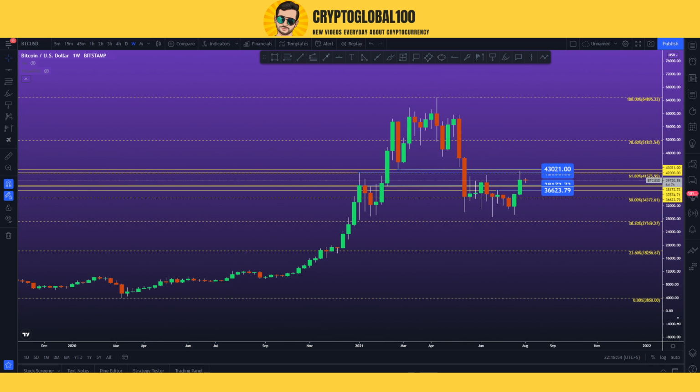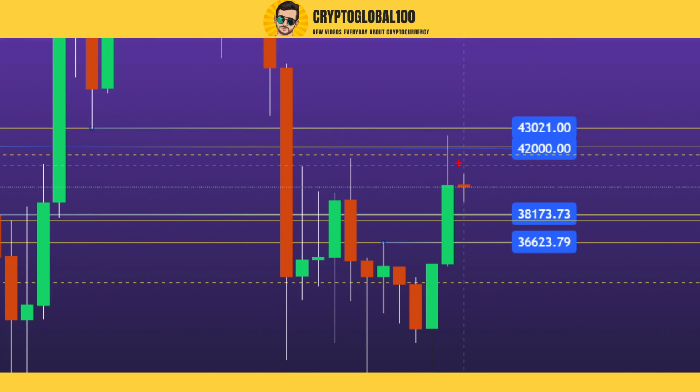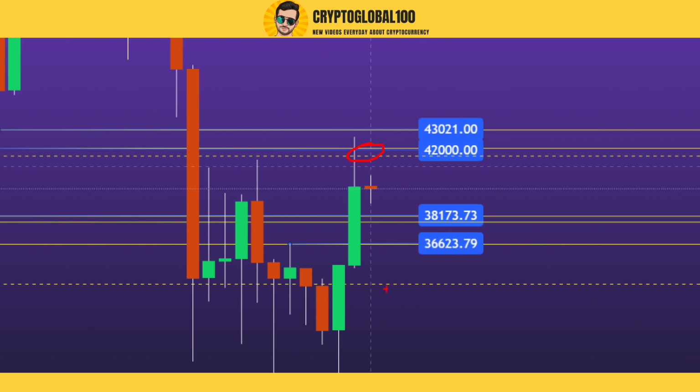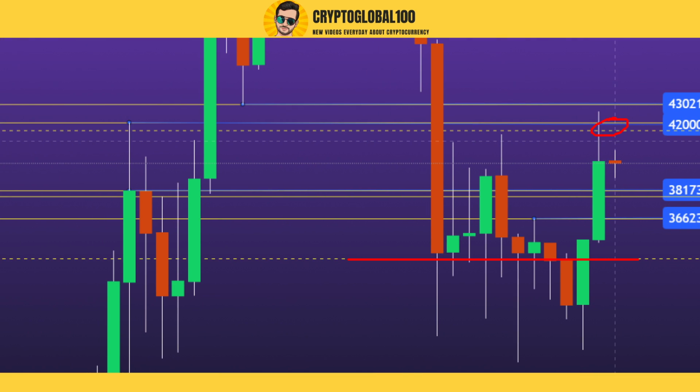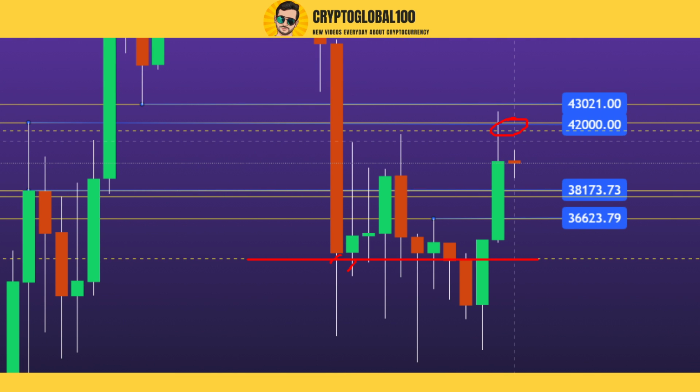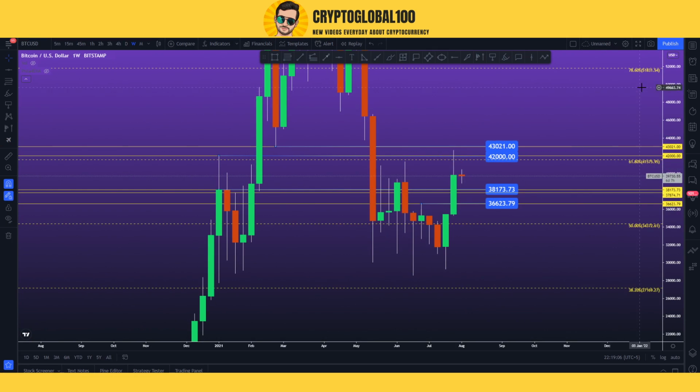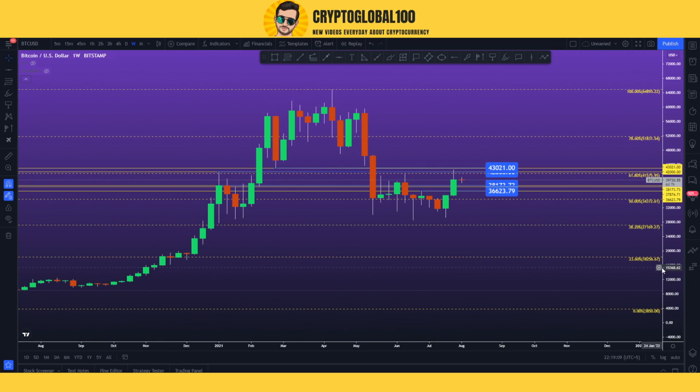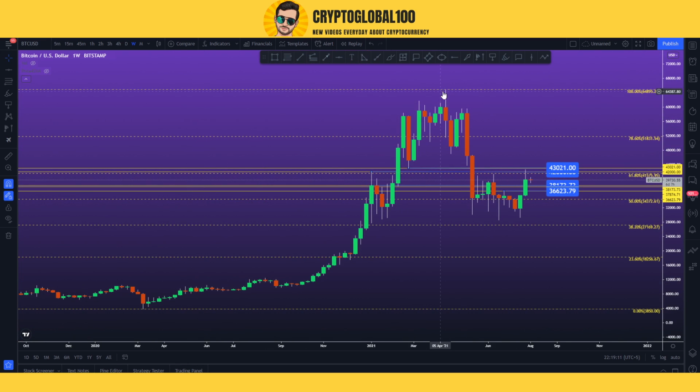If I draw this area, you can see it is pretty much near the resistance area, and on the downside we are near this level of support. You can see so many rejections at this area, so it's a good level. Now next up, I have taken the lowest and the highest points. Usually the Fibonacci retracements are drawn in a way that we take the lowest and the highest point.